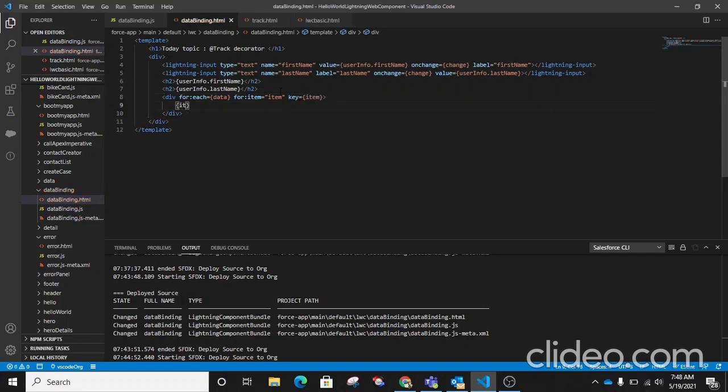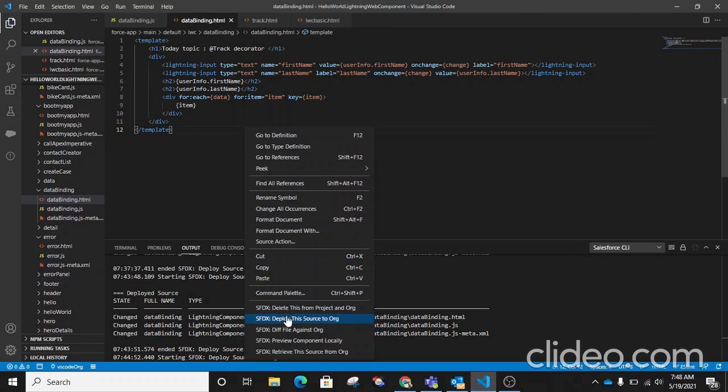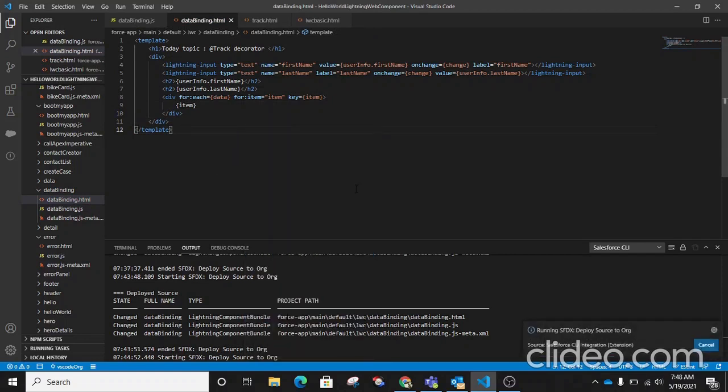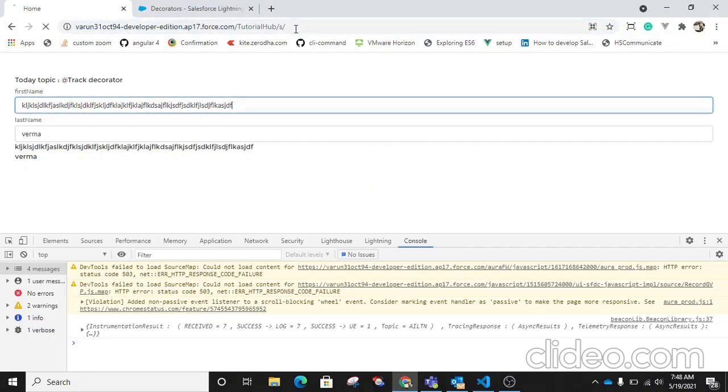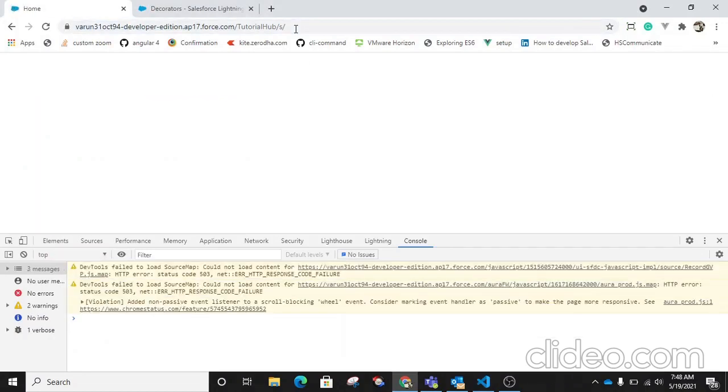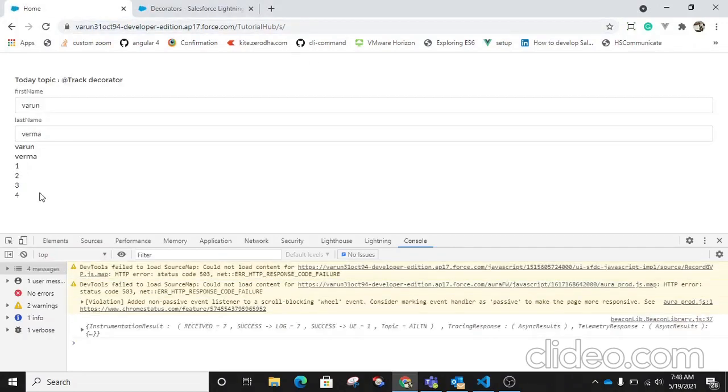I am printing my array. Reload it. You can find the array here.